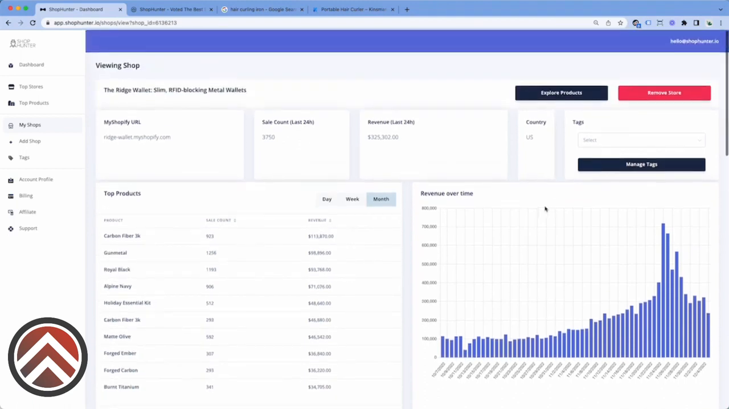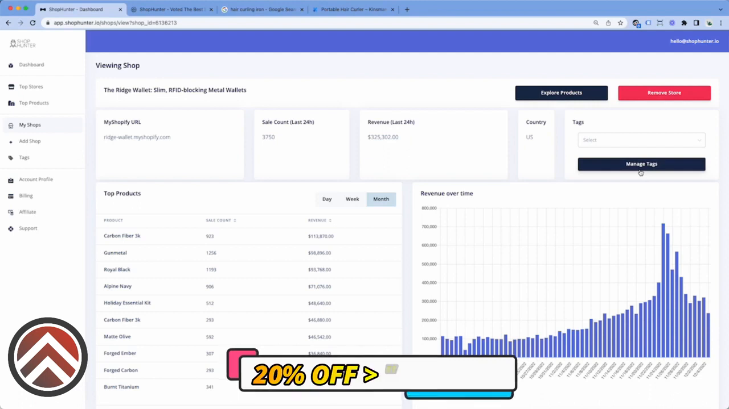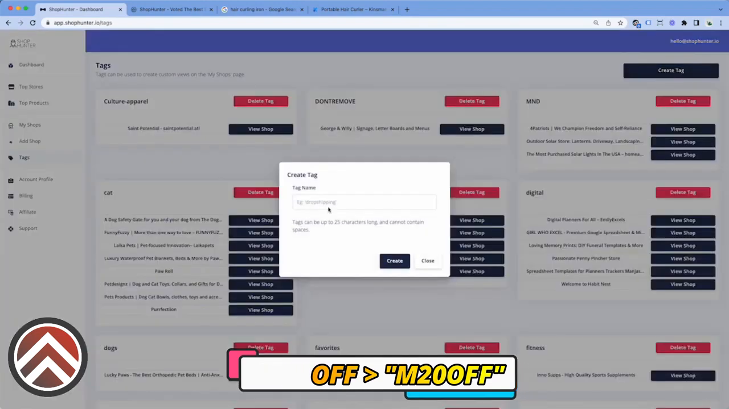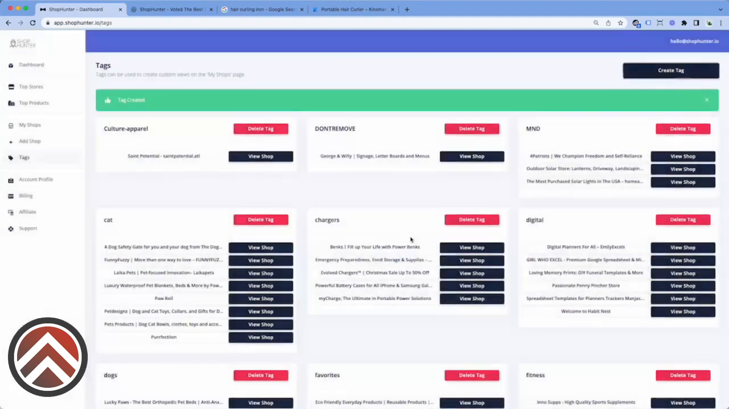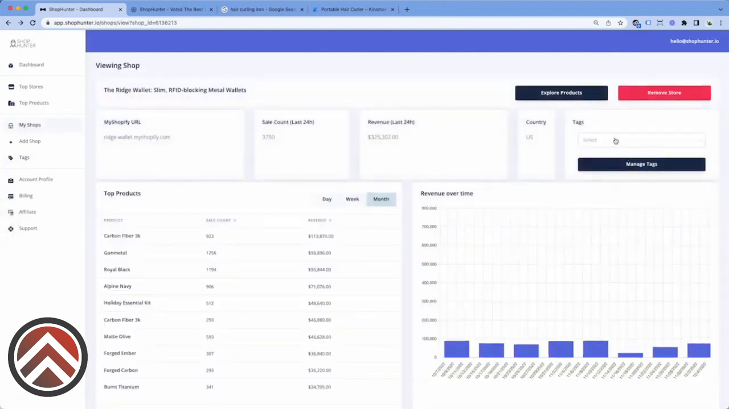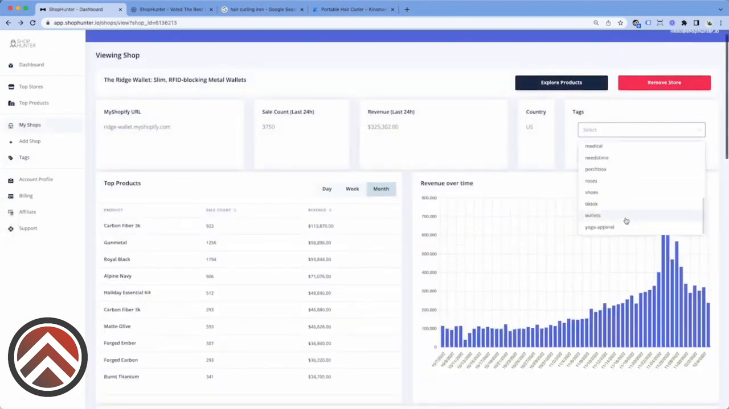So continuing on, when you are tracking stores in Shophunter, you are going to want to organize them. That way later you can come back and sort them based off of what you are doing product research for. And that is why we built this beautiful tagging system. So if you click on Manage Tags, I'm going to create a new tag for wallets. Now that I have a tag created, I'll be able to go back and add a tag to this store